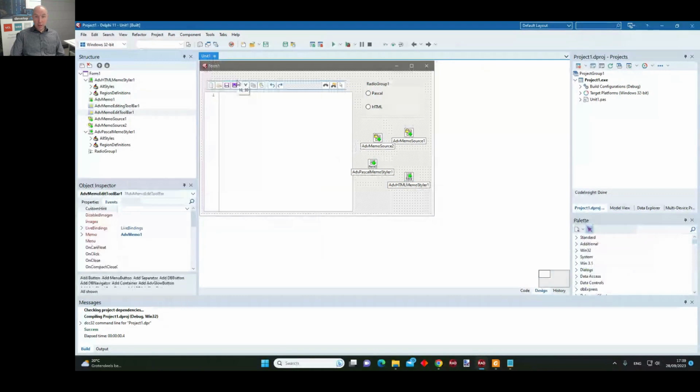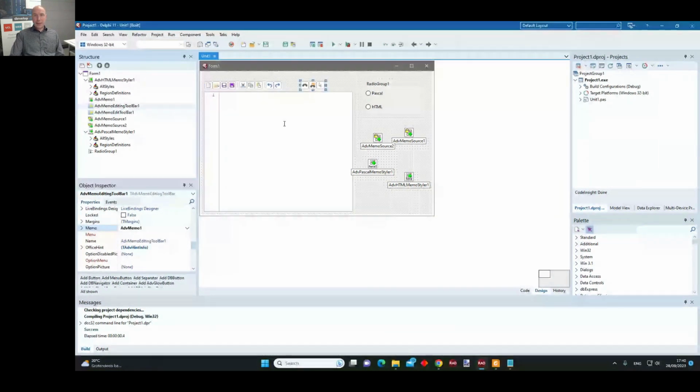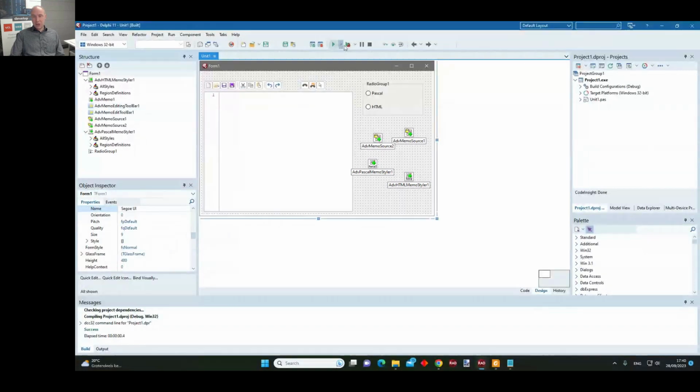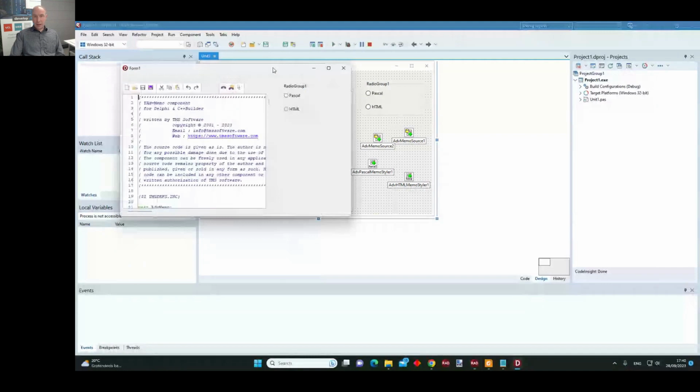So with this toolbar, I immediately have most common functions available for working with my memo. And these toolbars have a memo property through which I connect the toolbar to the memo component. And you can see that it has automatically preset this property to the memo it found on the form designer. And that means that when I run this application, I did not write a single line of code. I can clear the memo.